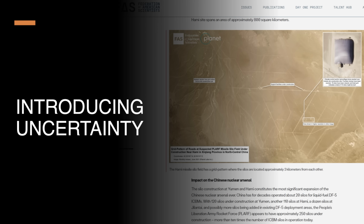The problem, as best as we can tell in open source, is that telling the difference between the three, using just satellite-based sensors, is still incredibly difficult. We've seen the PRC often carries out construction activity on these silos under a temporary tent-like structure that blocks reconnaissance during that construction process. That means that you can see vehicles and personnel entering and leaving the construction site, but you can't tell which silo, if any, the missiles are being installed in, and how much work is actually being